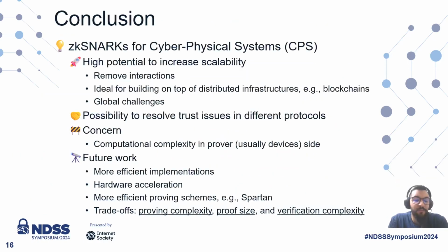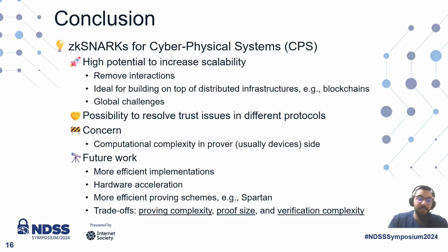In conclusion, we can see this work as a showcase of how zkSNARKs can be used to tackle traditional challenges in cyber-physical systems. For example, the high potential to increase scalability by removing the interactions in the protocols and making them more suitable to be built on top of more distributed infrastructures such as blockchains. And the possibility to resolve trust issues in these protocols are also some examples here. However, the main challenge is the computational complexity that these proving systems demand on the prover side,